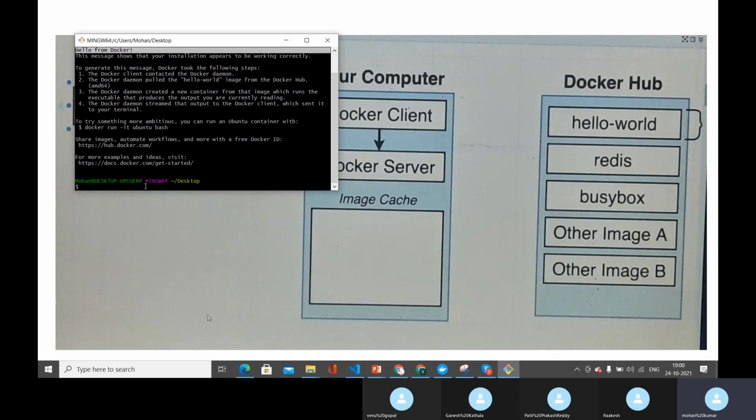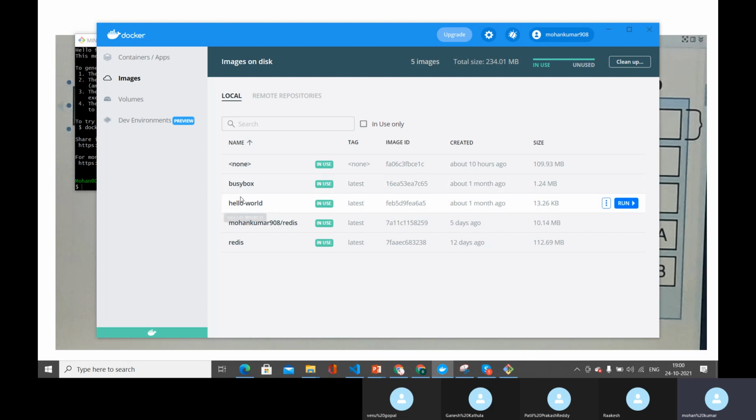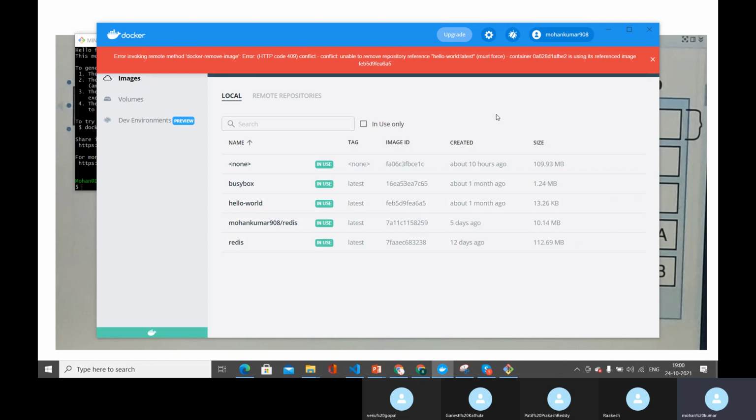Now let's see how the output will be if I don't have that image in my local cache. So in my local cache, I have this image right now. So let me quickly remove this image from my local cache.